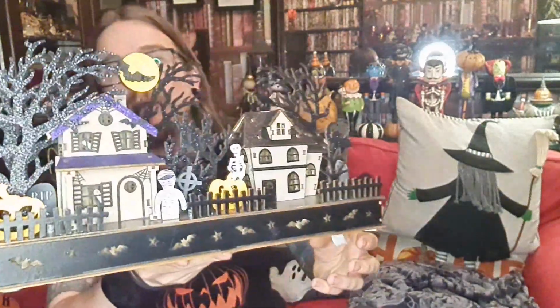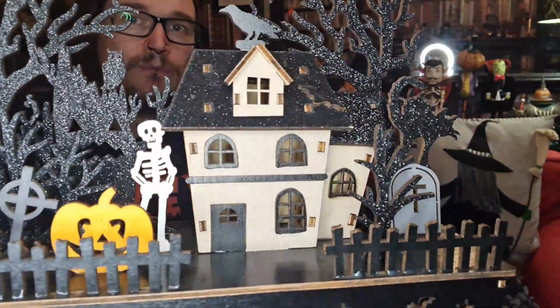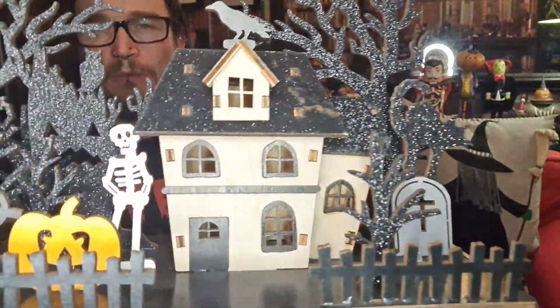We then headed from that store to TK Maxx / Home Sense, which was in Stockport, and when we were there was one thing that we picked up there, and that was another one of the cutouts. So this was pretty awesome, with the pumpkins and the mummies and the gravestones. And this also lights up. It also plays the terrible music, which I don't like, but